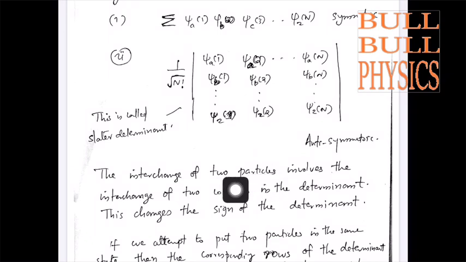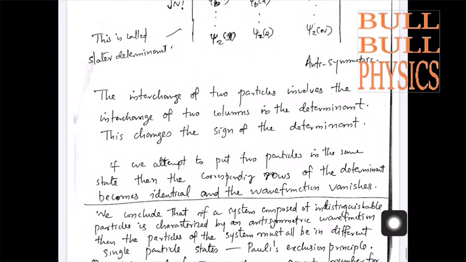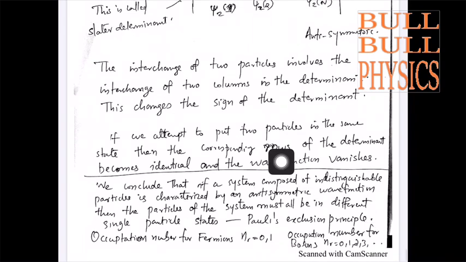So if there is an interchange of two particles, there will be an interchange of two columns in the determinant, and this changes the sign of the determinant. Then if two particles are in the same state, the corresponding rows will be identical and the wave function